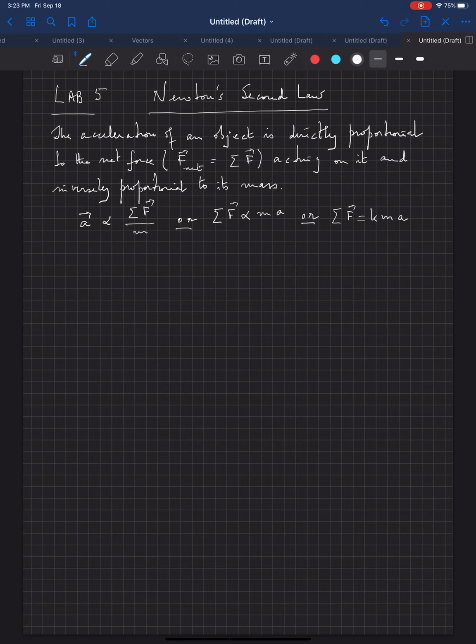And now the choice of the proportionality constant is entirely arbitrary, and for the units that we wish to use, we are going to say let K equal 1, and therefore